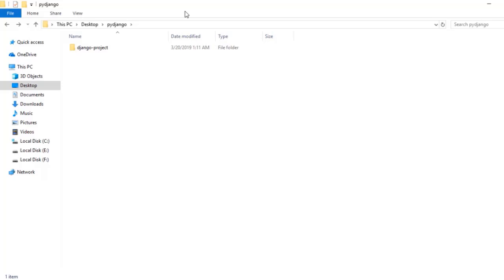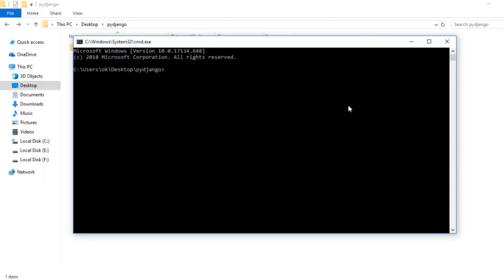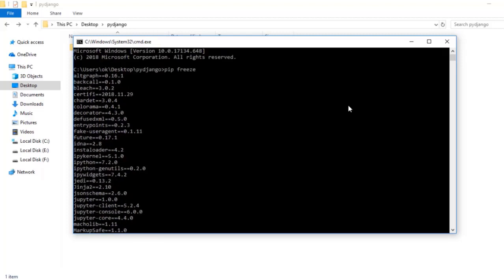So let me show you the number of Python packages that I have installed but might not be useful for me when working with my Django project. Here if I do pip freeze, pip freeze will return me all the packages that I have installed regarding Python. So here you can see it's approximately 10, 12 or maybe 15 packages that I have installed, but they are of no use for me regarding my Python project. So why am I going to take this burden while running any of my Python files?